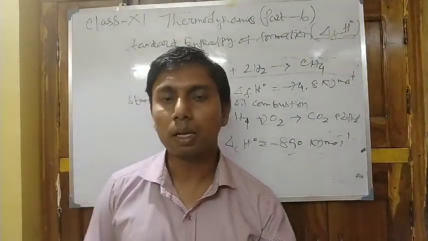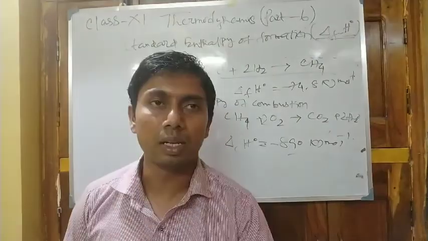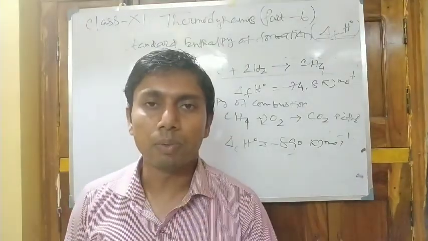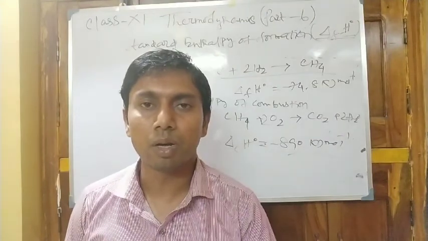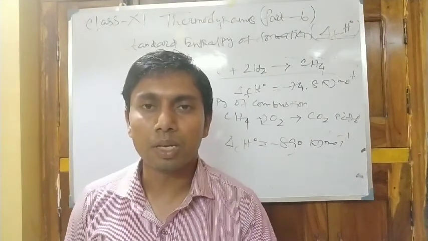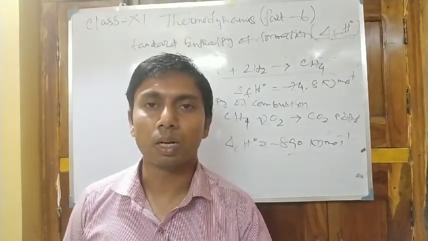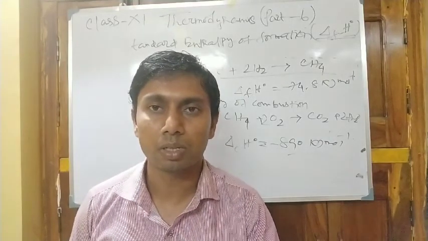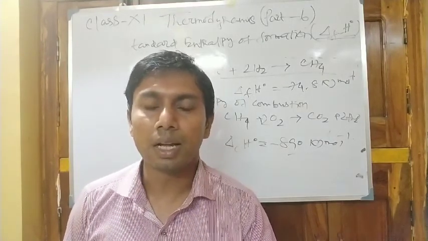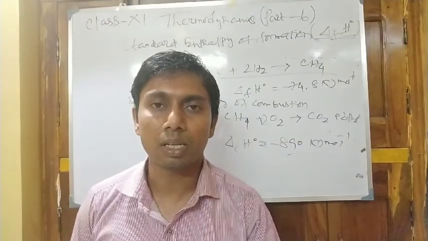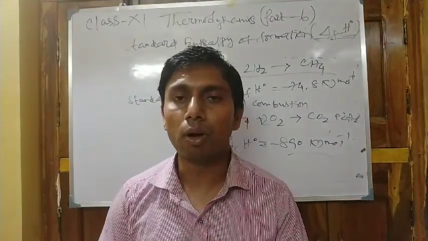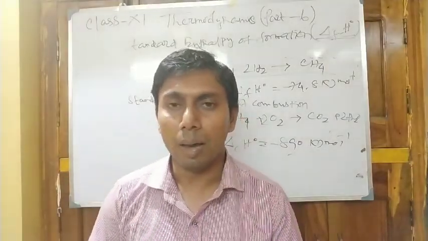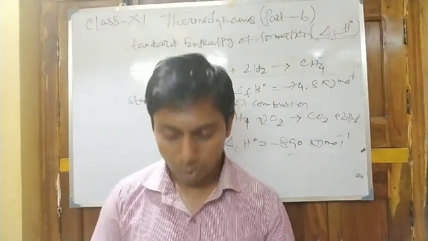A thermochemical equation is the equation represented with the state of the individual components, with its stoichiometry and the heat evolved. So what are the points? First of all, the stoichiometry. Second, the state of the reactants and products, and third, the heat evolved or heat absorbed by the system. For example,